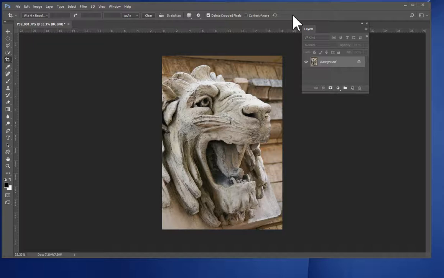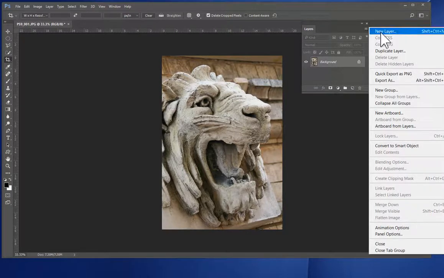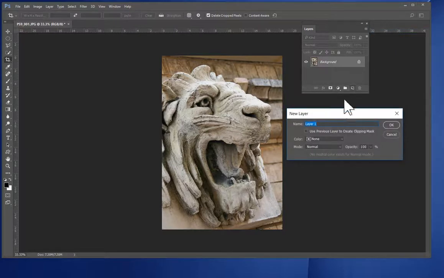Now, it's a pretty interesting image, but it could be made more interesting with some dodging and burning. So we're going to create a layer and do our dodging and burning on it. So under your layers palette, in the upper right hand corner, you're going to click and you're going to get new layer. You can also use Shift Control N, as you can see here, and it will give you the new layer dialog box. I'm going to call this Dodge